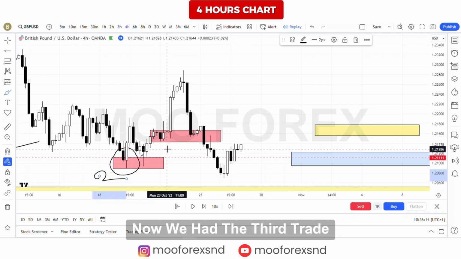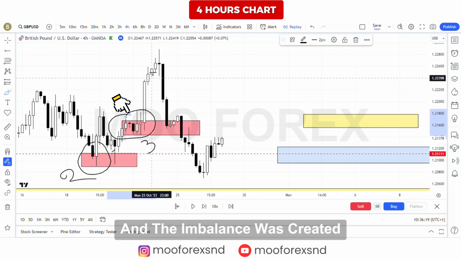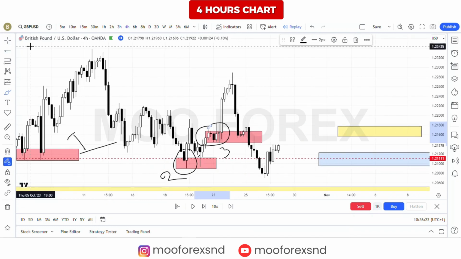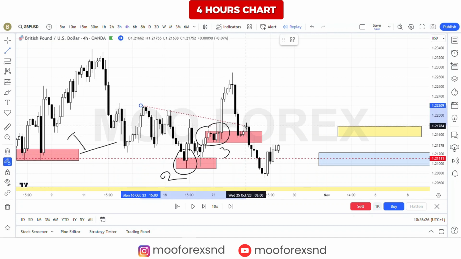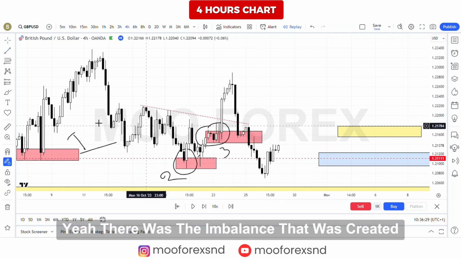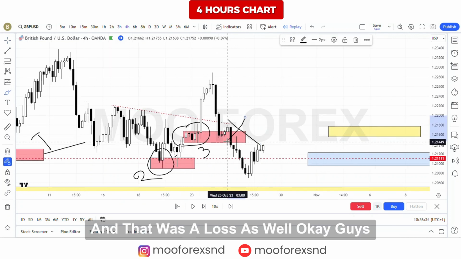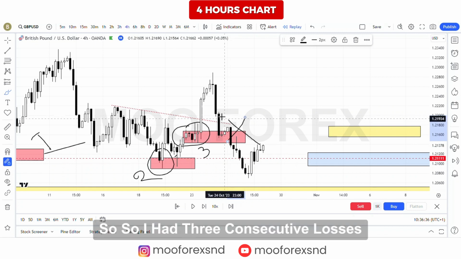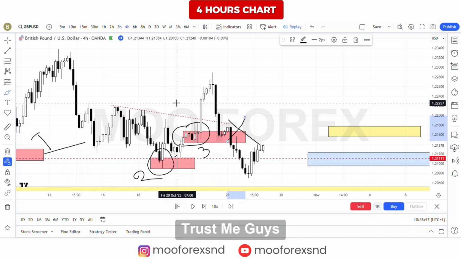Okay, now we had the third trade. As you can see, that order block and the imbalance was created. Yeah, there was the imbalance that was created. I was in the trade and there was a loss as well. Okay, guys. So I had 3 consecutive losses in GBP USD pairs, and trust me guys, if I was, in the beginning